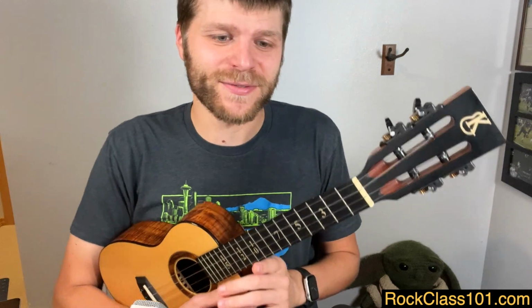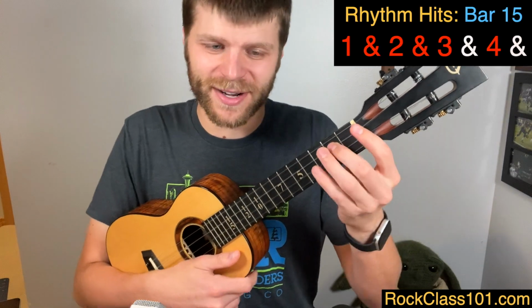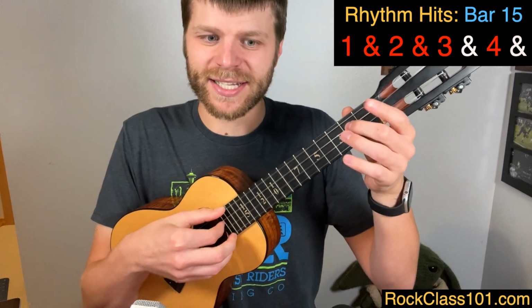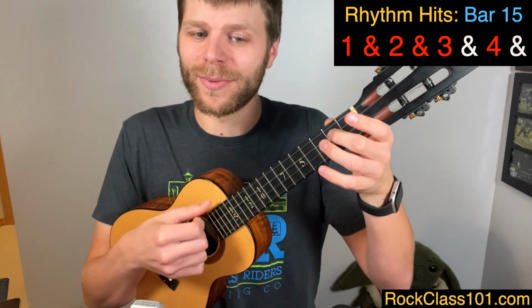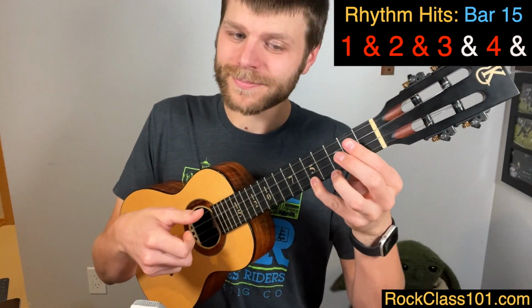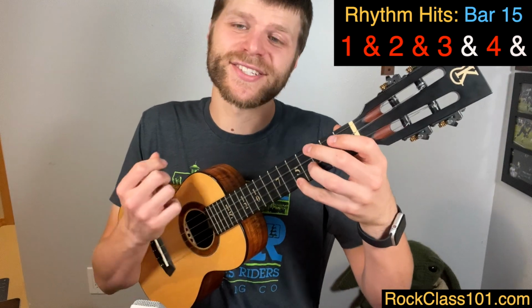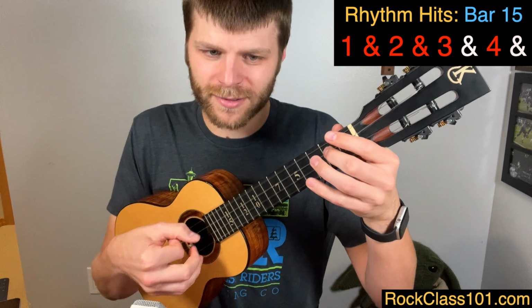So let's go ahead and look at 15 and 16. They should sound something like this. Middle finger here on the second fret of the C string. Play the G and C together. Open A, open G, open A, open G. Then stretch your pinky out to 5 on the A. So in time, 15 is this. 2 and 3 and 4 and...